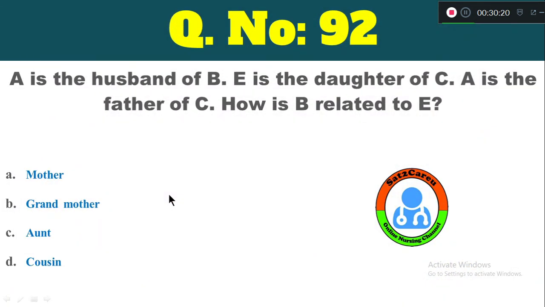Question number 92. If A is the husband of B, E is the daughter of C, and A is the father of C, how is B related to E? Option A mother, B grandfather, C aunt and D cousin. The right answer is